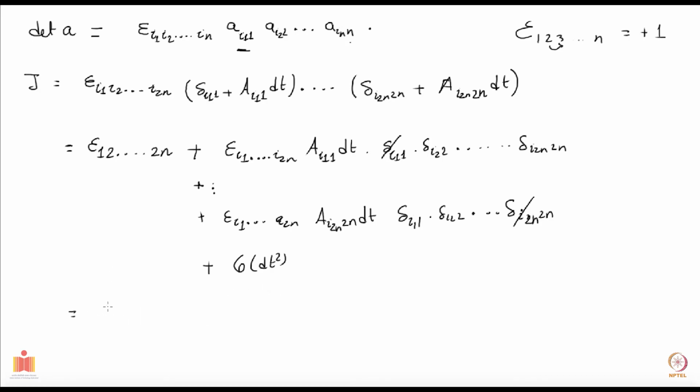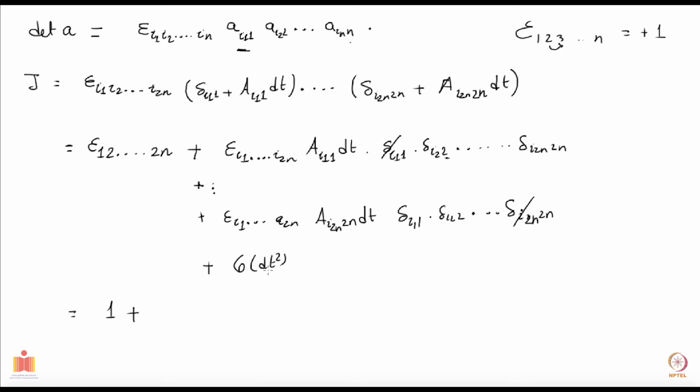And now that is easy. Your first term is just 1, which you also expect, because to the lowest order there is no change. Because you are looking at the volume change after an infinitesimal time, so you expect that the Jacobian would be to the lowest order 1. So that's correct, that's good. You have got the 1 here, plus you expect something proportional to dt. Let's look at here. All these deltas will force all the indices, except for I1, to be equal to what you have here. So you will have epsilon I1 2 3 4 up to 2n, and then you have a_{I1 1} dt.